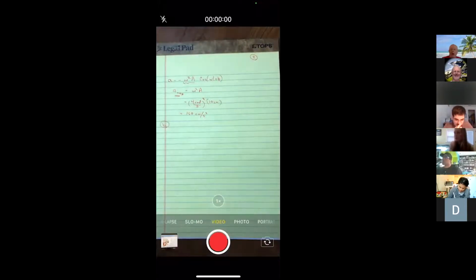All right, so let's go on to B. I think we're going to need that information for part B. So B says the speed and the acceleration when the object is at 6 centimeters from the equilibrium. Now, let me make a very important comment. It's going to have to go back to physics 121 because in